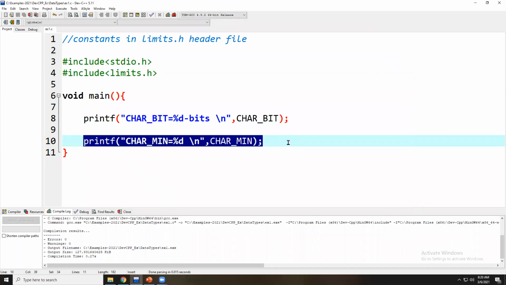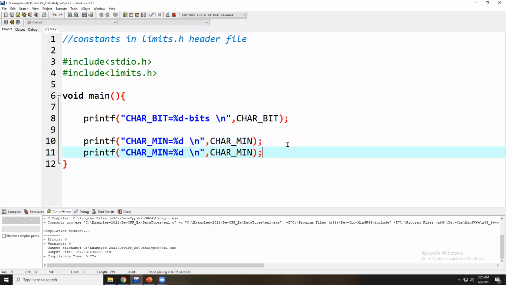Similarly, I go with the CHAR_MAX value. The constant name is CHAR_MAX. See, it is an output message. You can give any meaningful name here, but the constant name should be correct. CHAR_MAX.